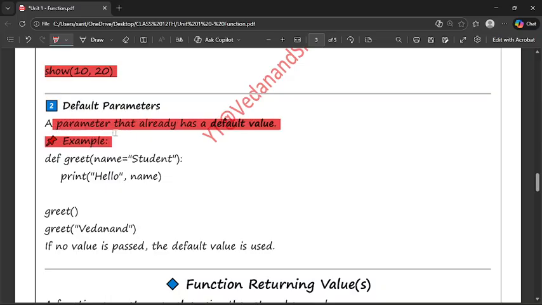A default parameter is a parameter that already has a default value. As an example, we have taken define greet name students. Simply we are taking the name of students here, print hello, and we write the name of those students. These are the functions written here. And next, suppose we have taken greet and the function defined, and we have taken